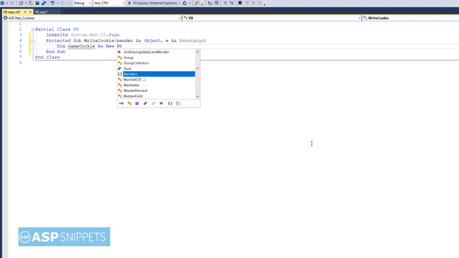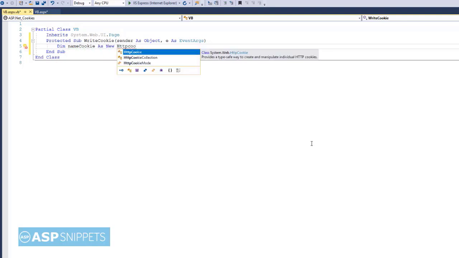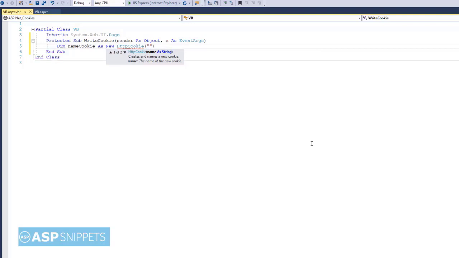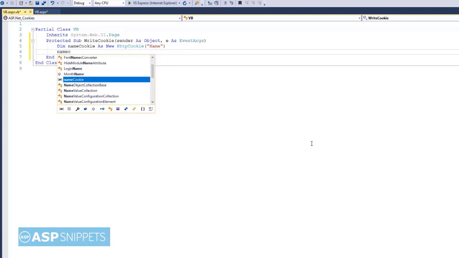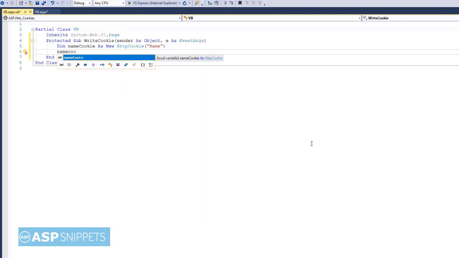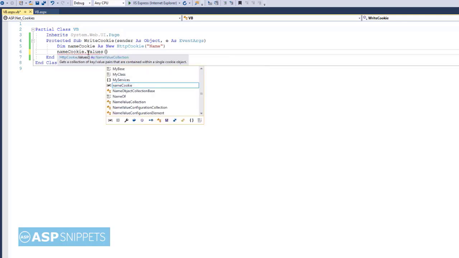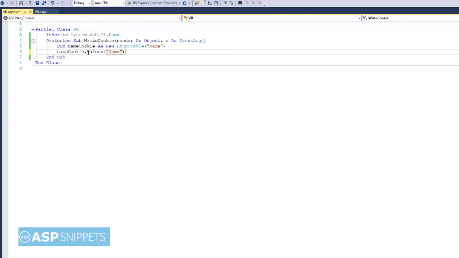HTTP cookie class will be used to create a cookie object. So as you can see, I am creating a cookie with the name as name. The cookie saves the value as key value pair. So right now the text box value is saved into the cookie and the key name is set as name.